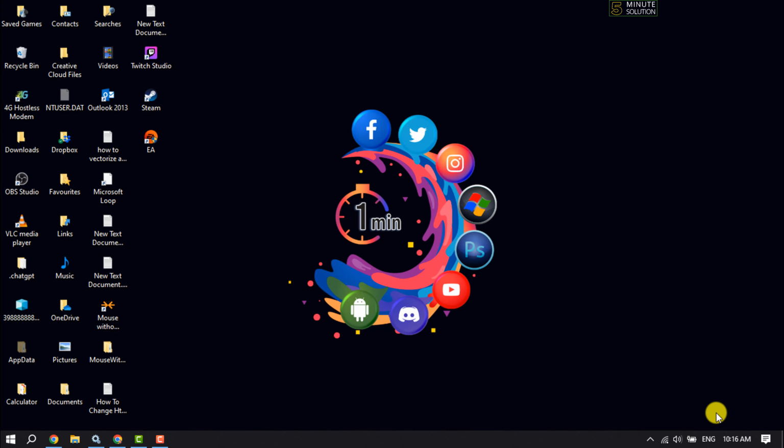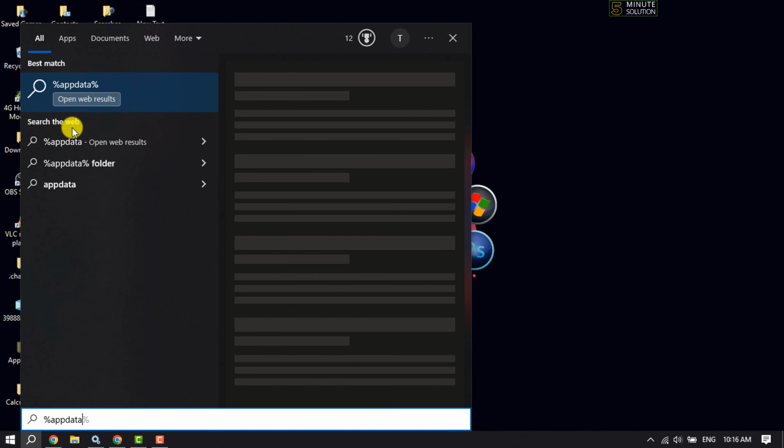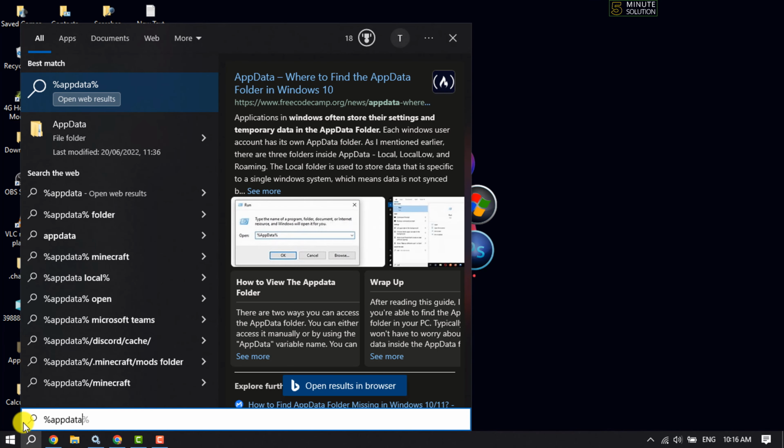Once done, click on your search icon and type here %appdata, and now you have to open the AppData folder. So click on it to open,